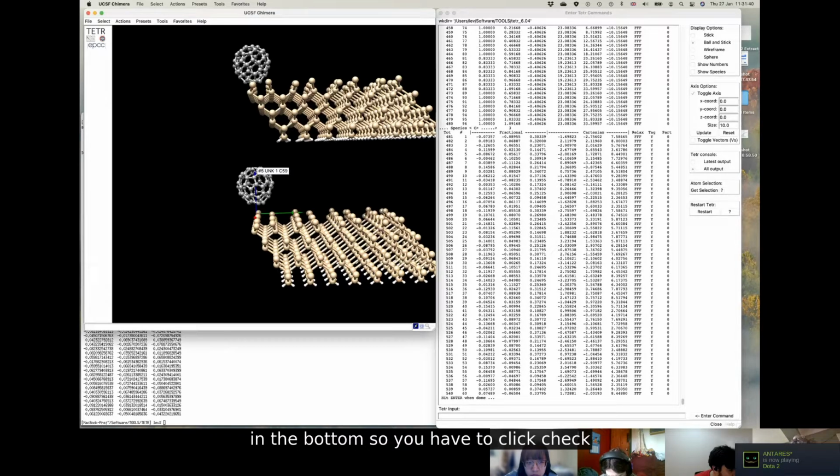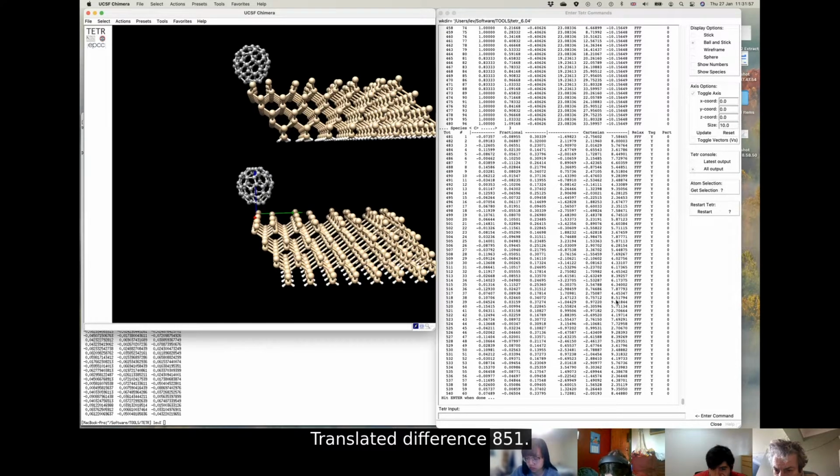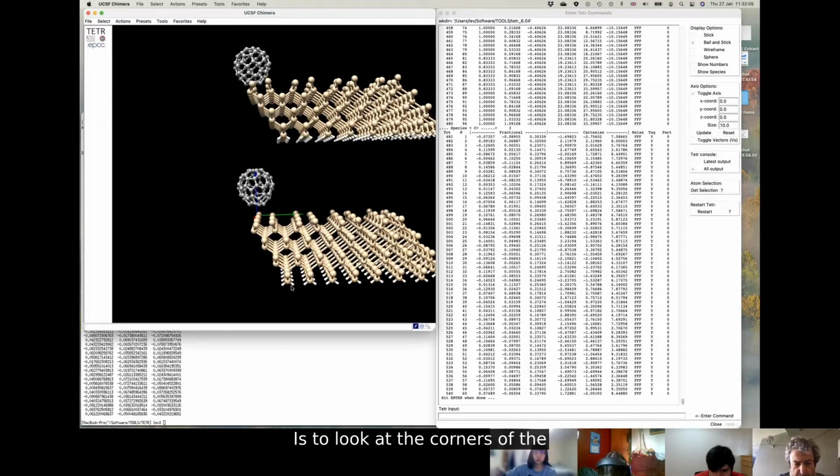Yes. So you have to check the atom number here. Just look at the largest Z component of carbon. The largest Z component of carbon is probably this 844. There's 851. Slightly different. 851. So probably 8.5. Then what you need to do is to look at the coordinates of the bottom hydrogens, which